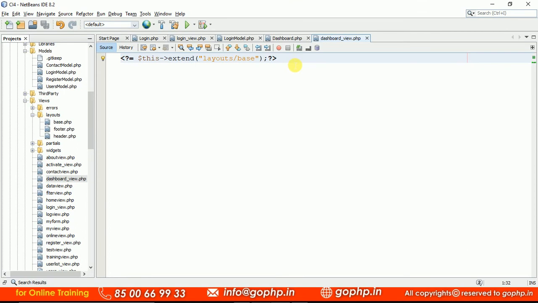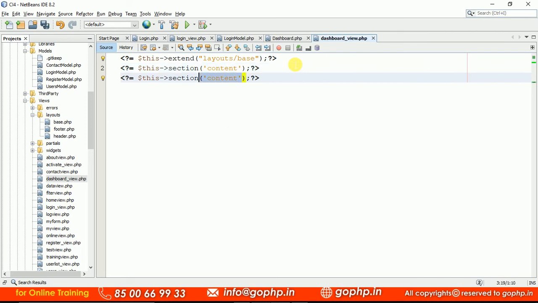After that we have to place the content, right, to render the section. So we have to use the placeholder. To the placeholder we have to add the content. That's why we have a method called section method. In this we have to use the placeholder. What is the placeholder in the base.php? Content is the placeholder, right? Yes, content is a placeholder. Every section should end with end section also. Close the end section. Then whatever content you keep in between this placeholder is going to be available there, right?